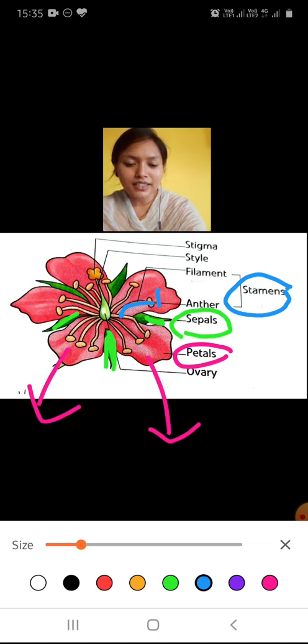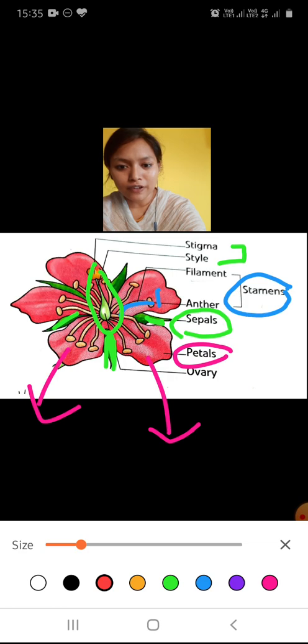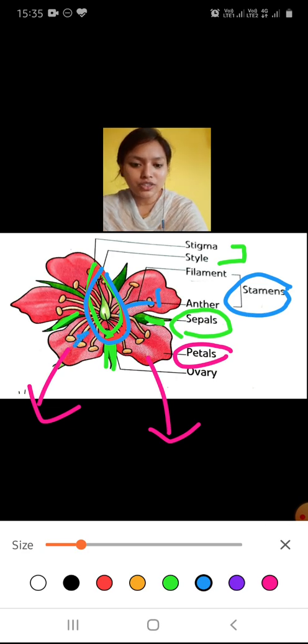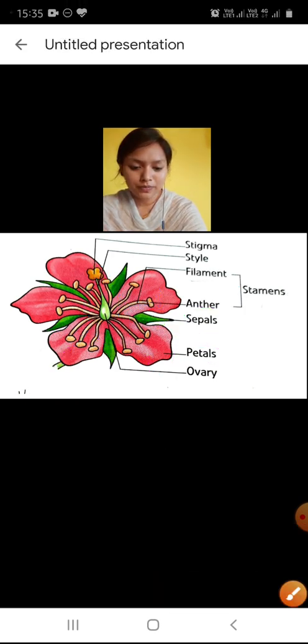And inside the stamen, filament and anther are there. We will discuss this later on. And this is the pistil. This whole part that is in the center is like a funnel. You can see this funnel shaped one, and the center is known as the pistil. Pistil is present in the center of a flower, and the fringes are known as the stamen.